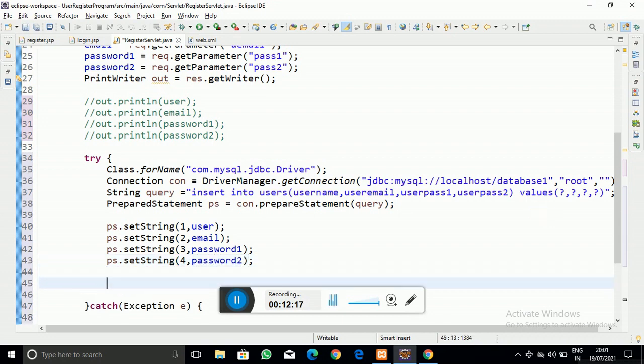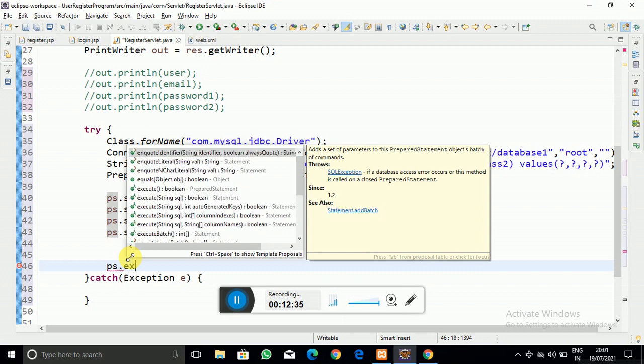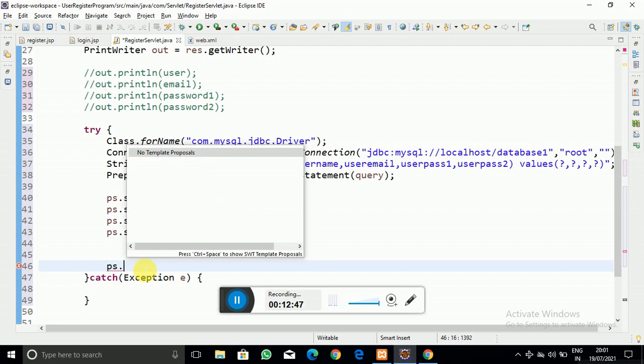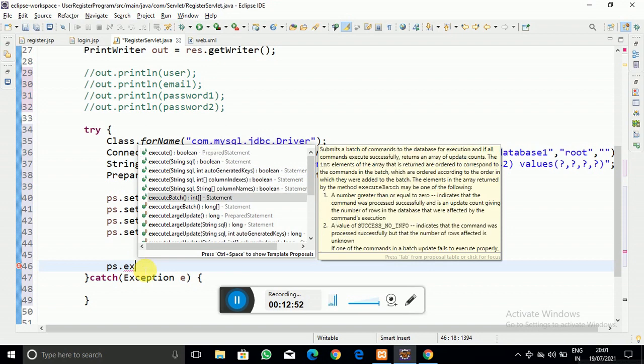So we have successfully set the values in place of those placeholders. Now you just have to execute that code by making use of ps.executeUpdate. As you can see here, it is execute.